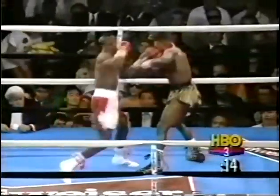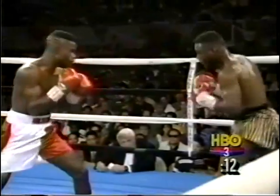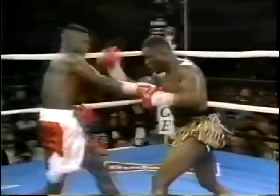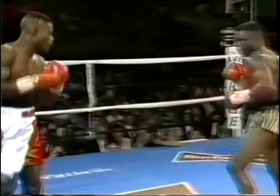And for the moment, the blinding hand speed of Meldrick Taylor has been neutralized as he waits outside for Terry Norris to step forward with power shots. Norris, I feel, is fighting the fight that Meldrick Taylor should be fighting. Move, hit a few, and get out of the way. Okay. Taylor is notorious for loving to eat between fights, but he's eating too many of those right hands in